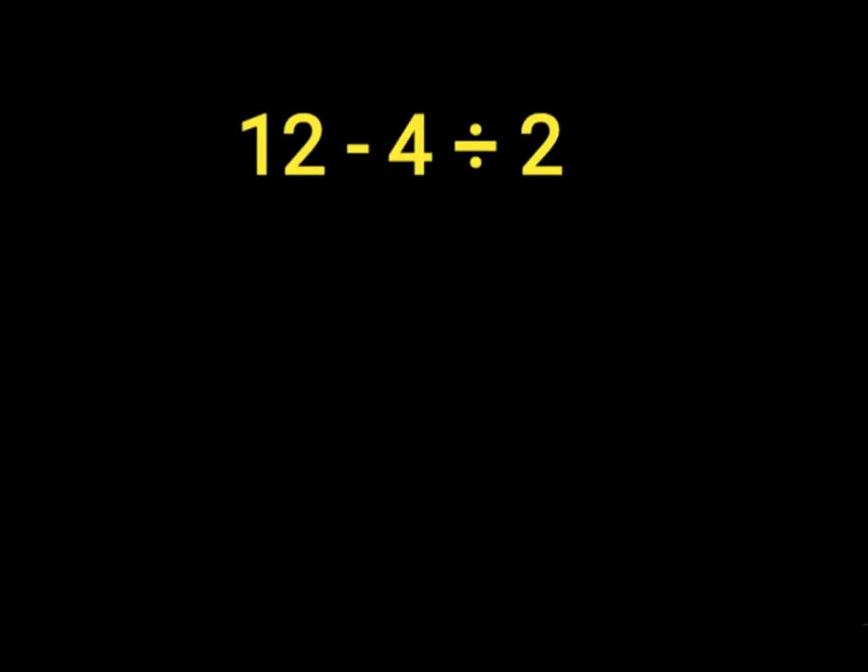12 minus 4 divided by 2. 12 minus 4 will give us 8. Then 8 divided by 2. 8 divided by 2 is 4. 4 is the wrong answer to this expression because we did not work with the order of operation, which is